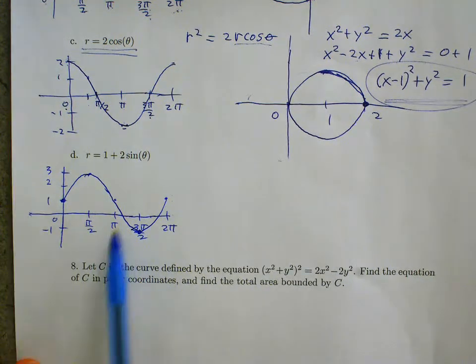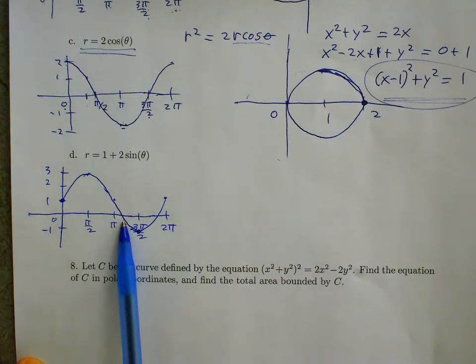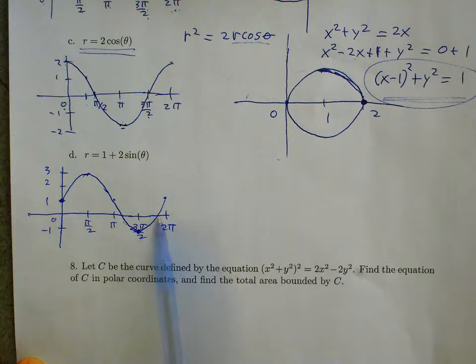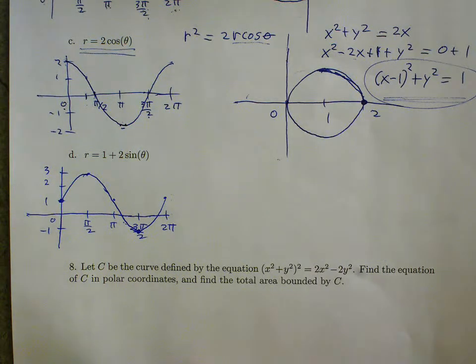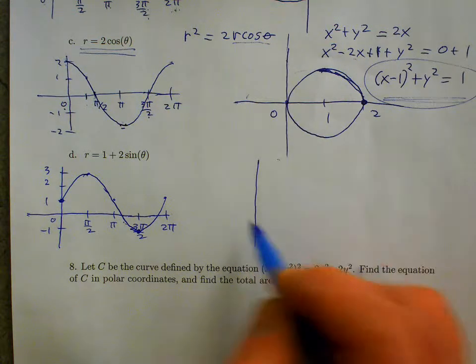So the r values are 0 where? So that's 7 pi over 6 and 11 pi over 6. Just an observation. So when we sketch the polar curve,